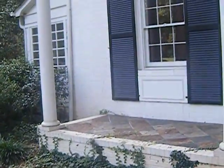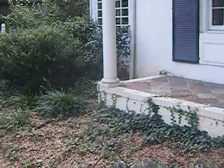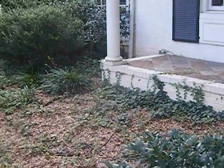The last thing, I'm not going to walk back around the home, but they do have a buried oil tank over on the left-hand side of the house as well. We'll want to have someone check that to make sure that it has been capped or filled if it's no longer in use, or to have a soil company come out and test and make sure that